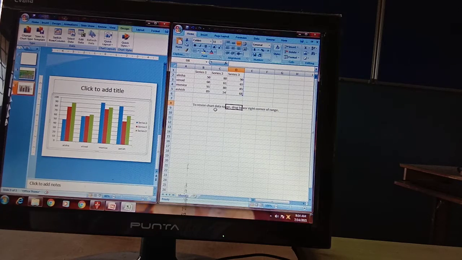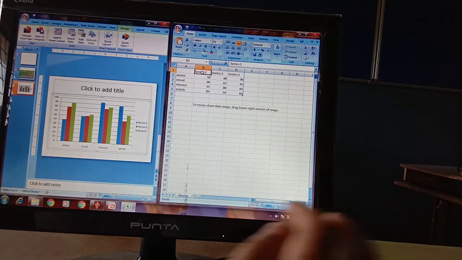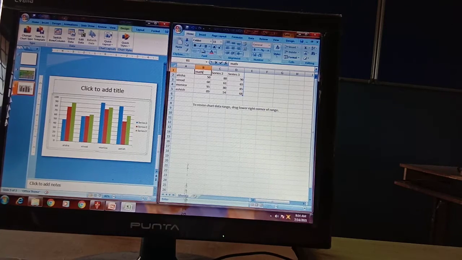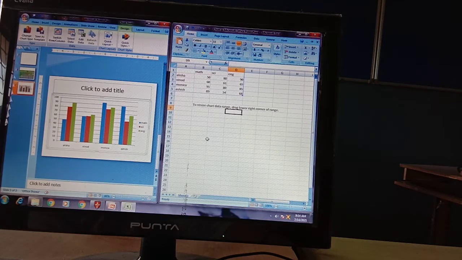So these are the marks of the students. And the series are like your math subject, your science, and your English. Okay, so these are the marks.